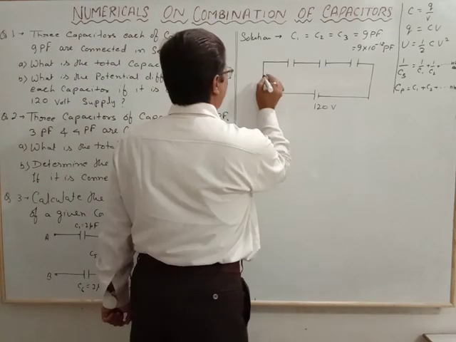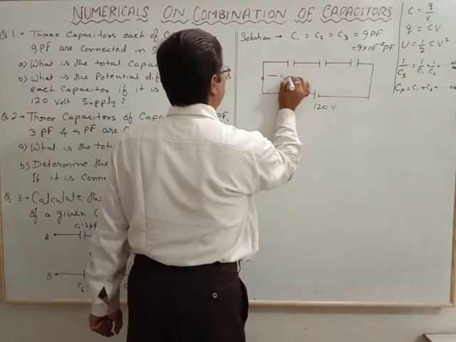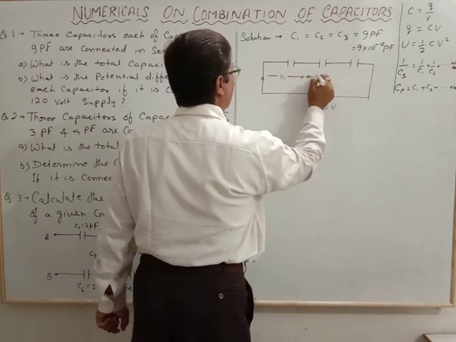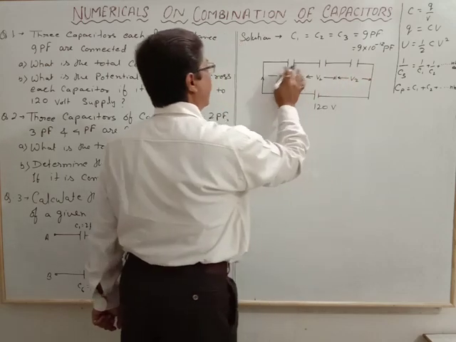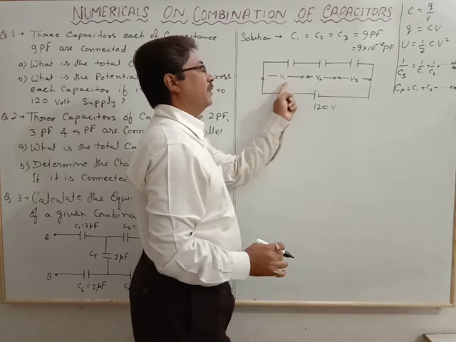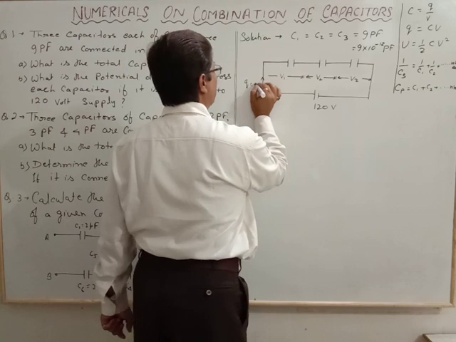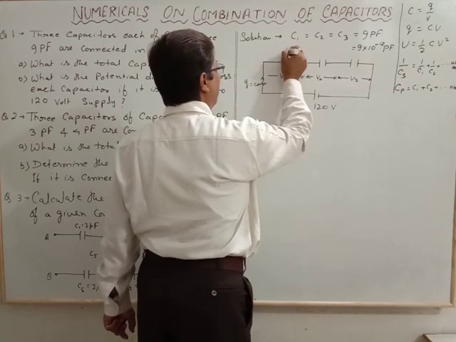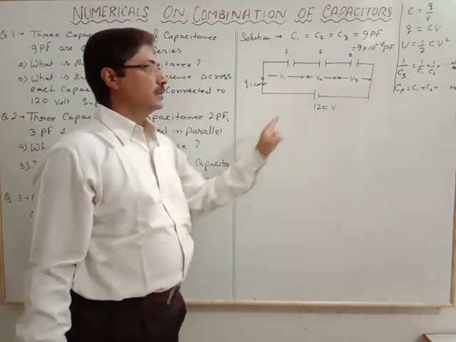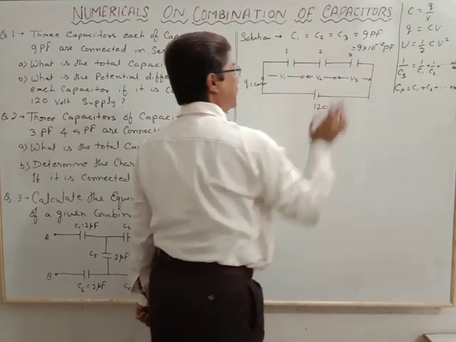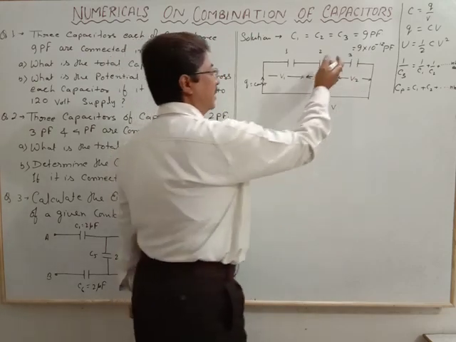Now in this case we know that whenever the capacitors are connected in series, their potential differences are different for each other, means the potential is divided according to the capacitor, that is V1, V2, V3. Now the net charge Q is constant in the series combination. Three capacitors: capacitor 1, capacitor 2 and capacitor 3. This is the arrangement. All the three have the same capacitance, so the capacitance is C, or whatever the value given here.